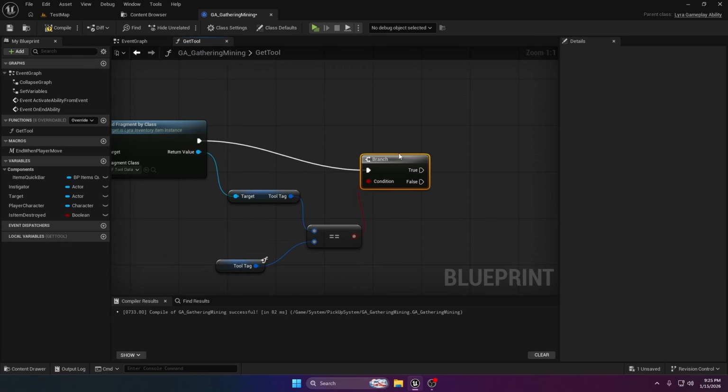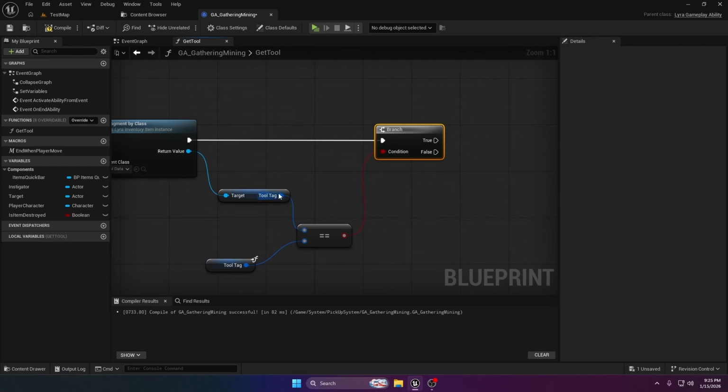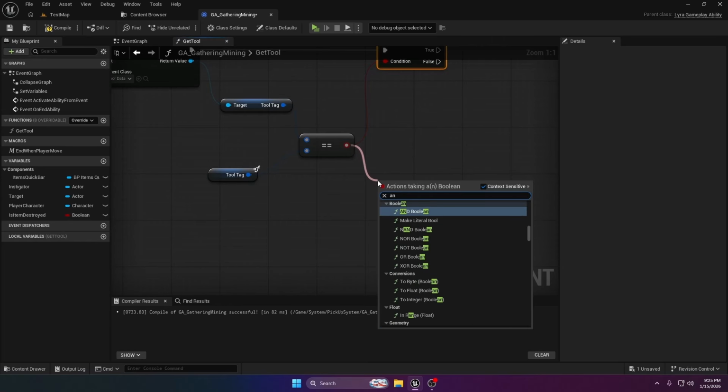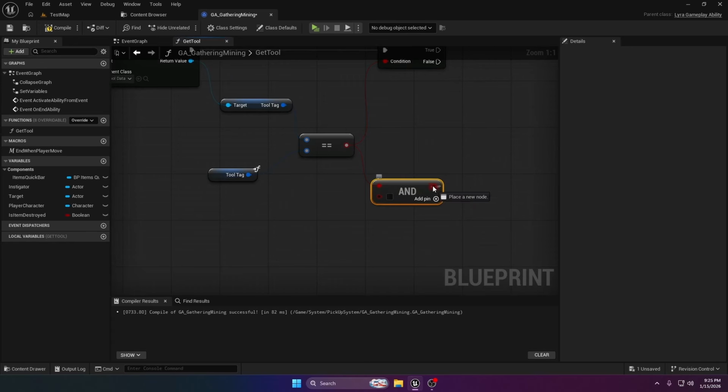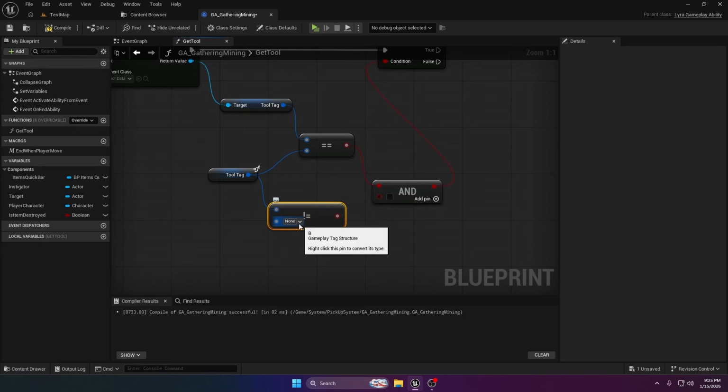Let's do a branch, and if this is true, this is equal to this, and let's do an AND boolean, this is not equal to this. So this should be true, and this is true. So the tool tag is not set to none, then